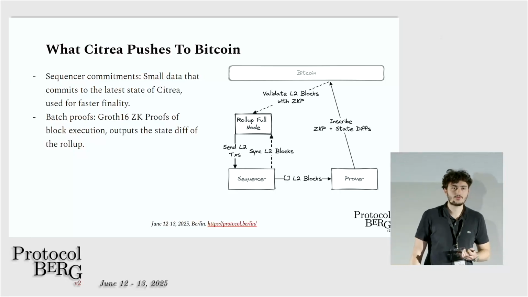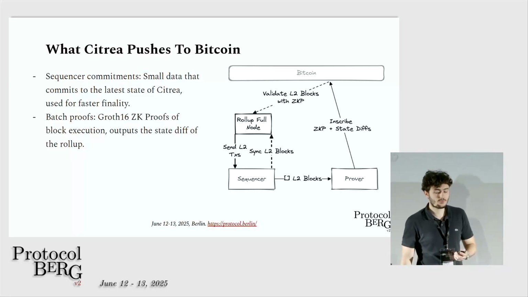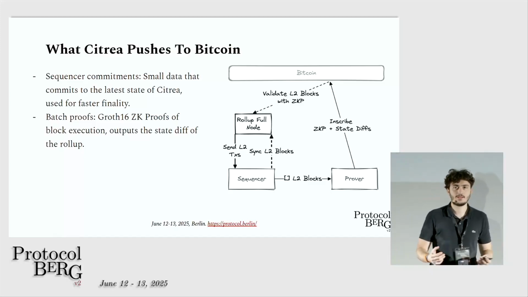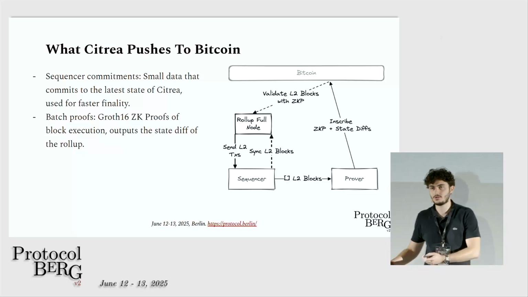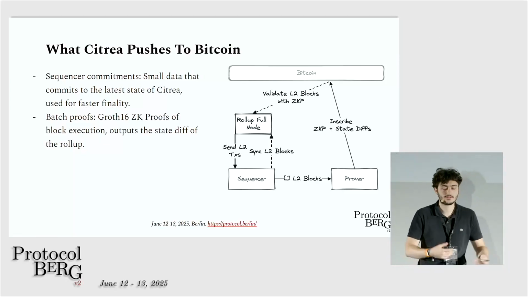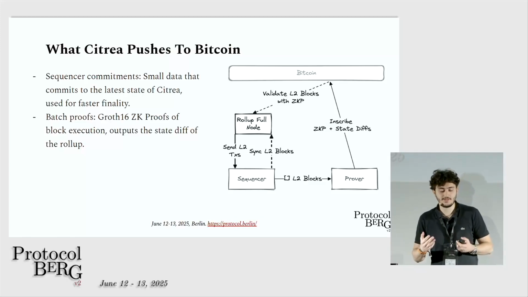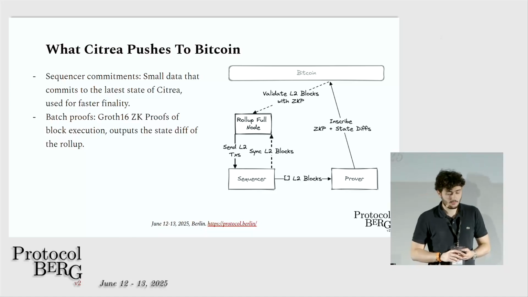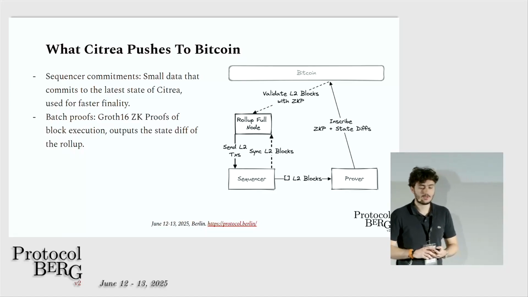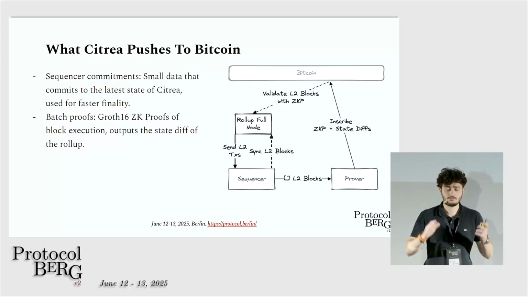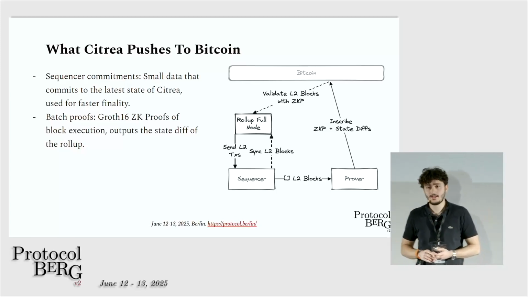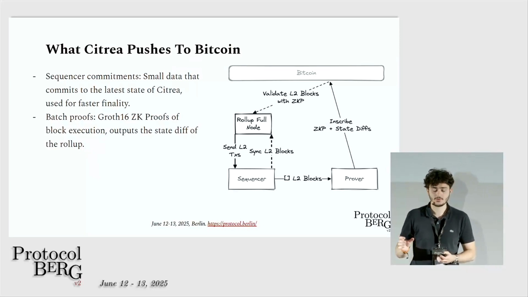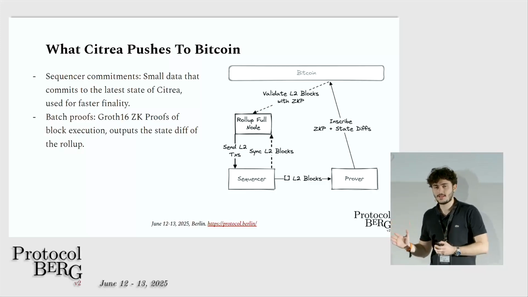It's a small commitment to some block range, and the full nodes seeing that data, if they're syncing over the L2, can now say, okay, we have a valid commitment, there's going to be a proof for that, and it's going to finalize. So it's some kind of finality between the L2 and L1 level finalities. And then you have the batch proofs. We use Risc0 Groth16 proofs for our execution of block ranges. And in those ZK proofs, we output the state diff of the rollup